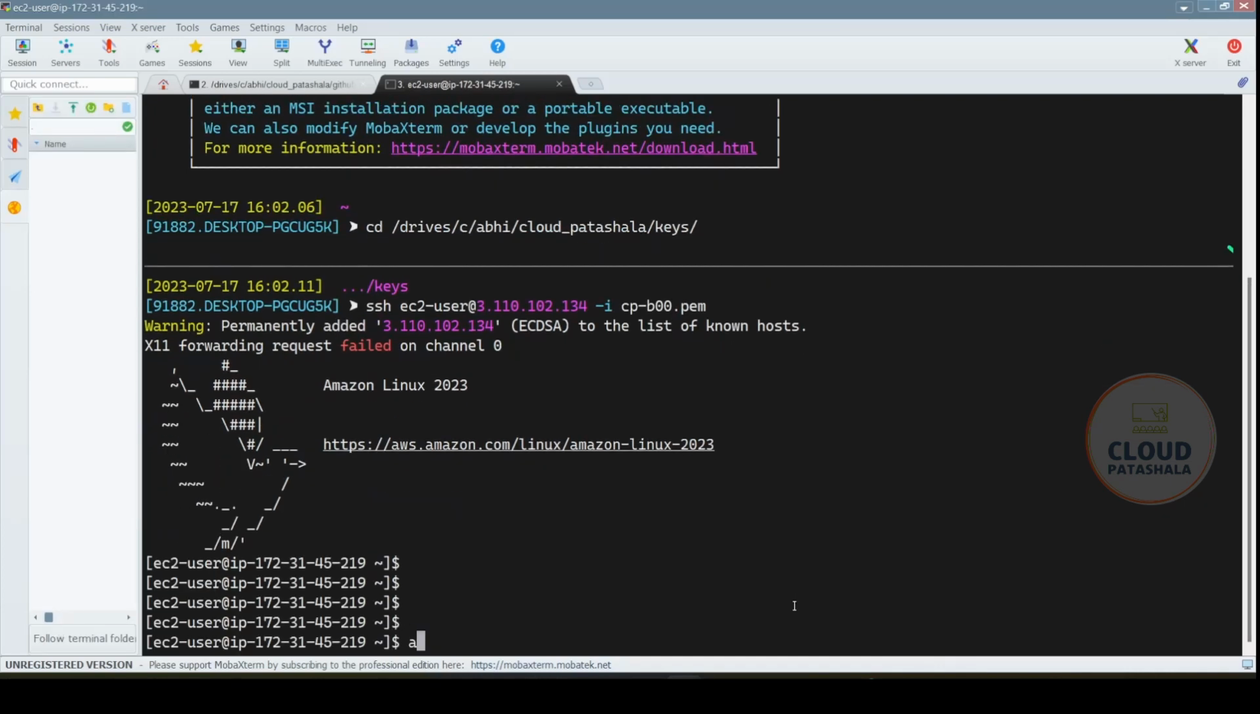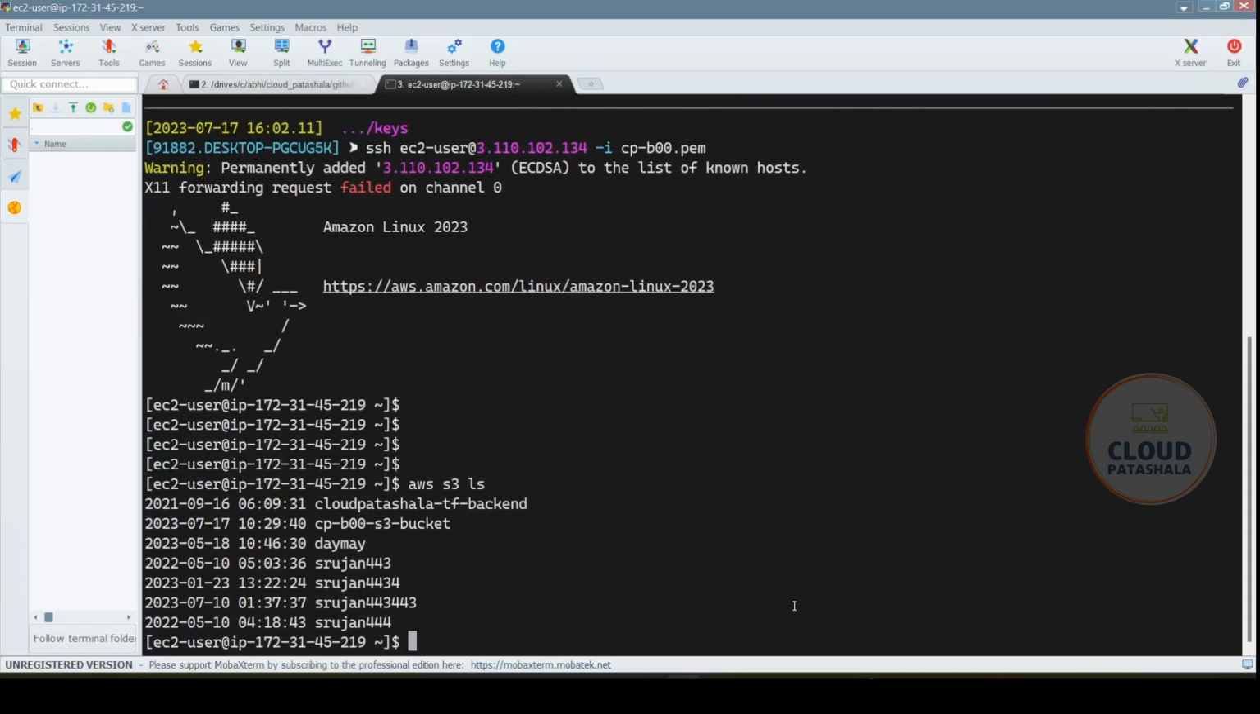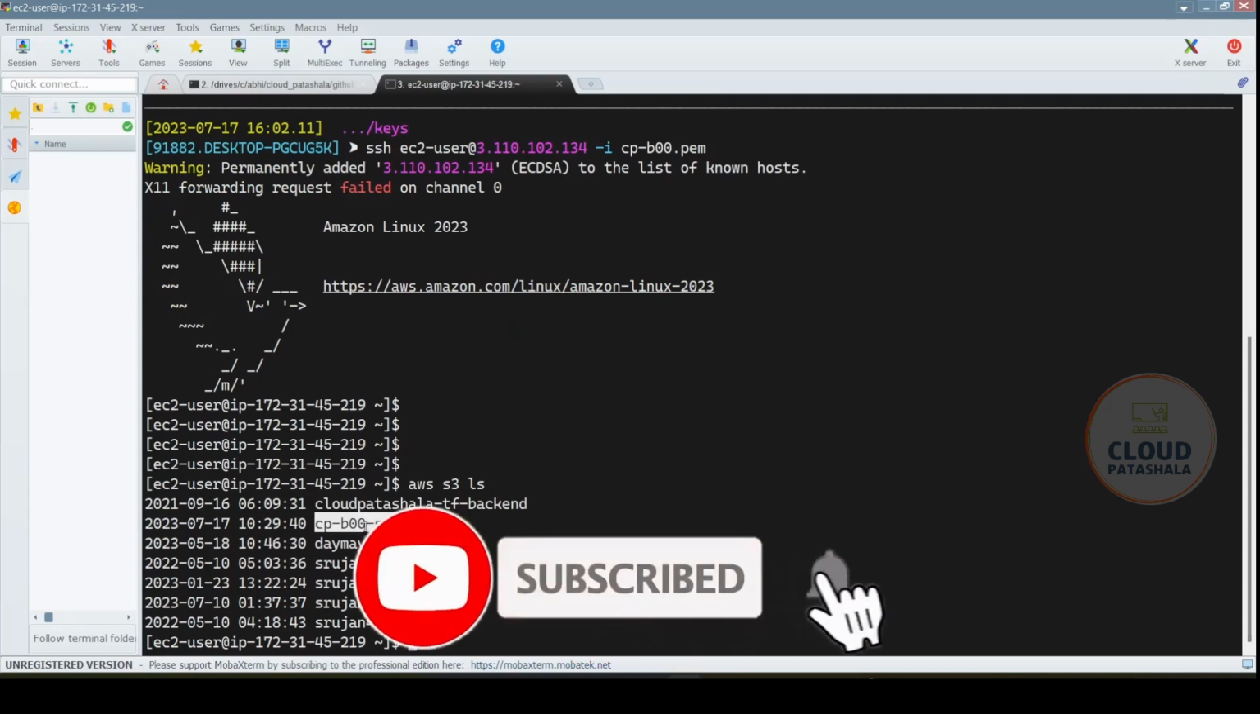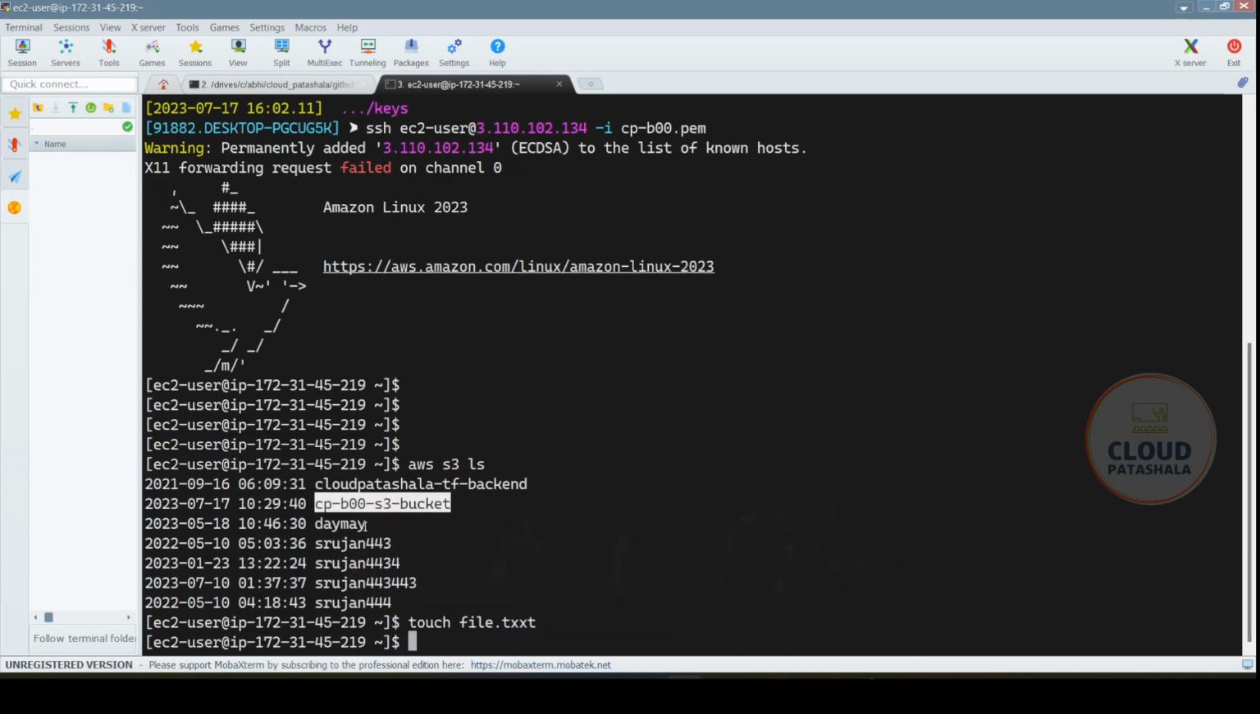So yeah, if you see, we have been able to connect, and if I do an aws s3 ls, I should be able to get a list of all the S3 buckets. And if you see, we also have the S3 bucket, which is this. I could actually create a file called file.txt,